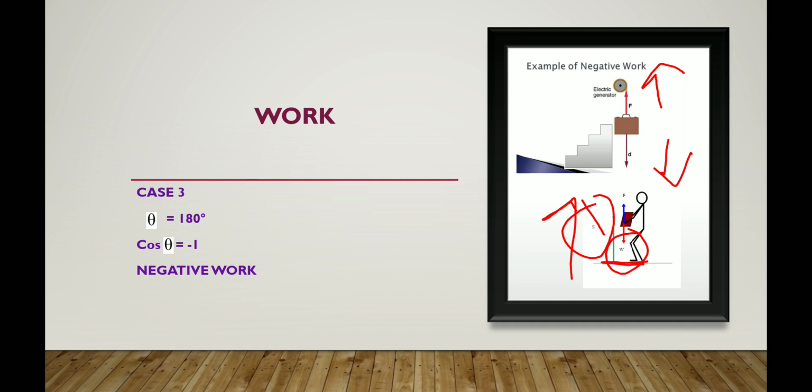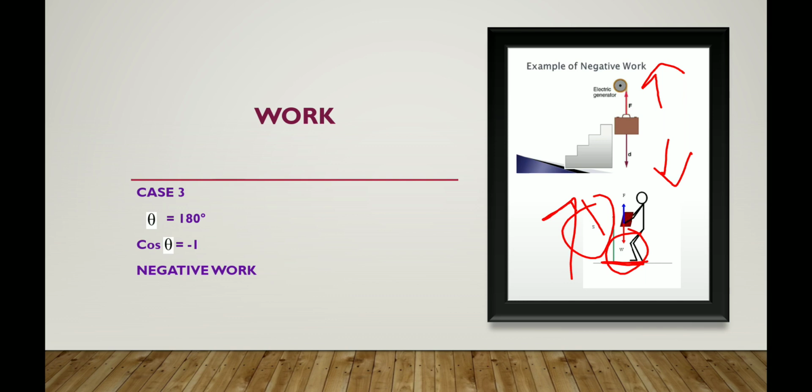But work is a scalar quantity, it cannot be negative. So definitely here the negative sign denotes the angle between F and S. That means it says that force and displacement are oppositely directed. It has nothing to do with the direction of work because work is a scalar quantity. An example of negative work can be the work done against friction,